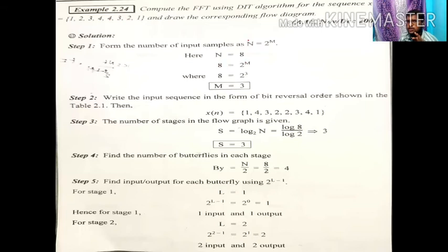So I substitute N equal to 8 equals 2 to the power of m, and I have to try values for m to make it an N-point DFT. First I give 1: 2 is less than 8. Again I give 2: again it is less. When I give the value 3, it becomes an 8-point DFT: 8 equals 8. Therefore we get m equal to 3. It means in this problem we have 3 stages. So this is how we calculate the number of input samples.